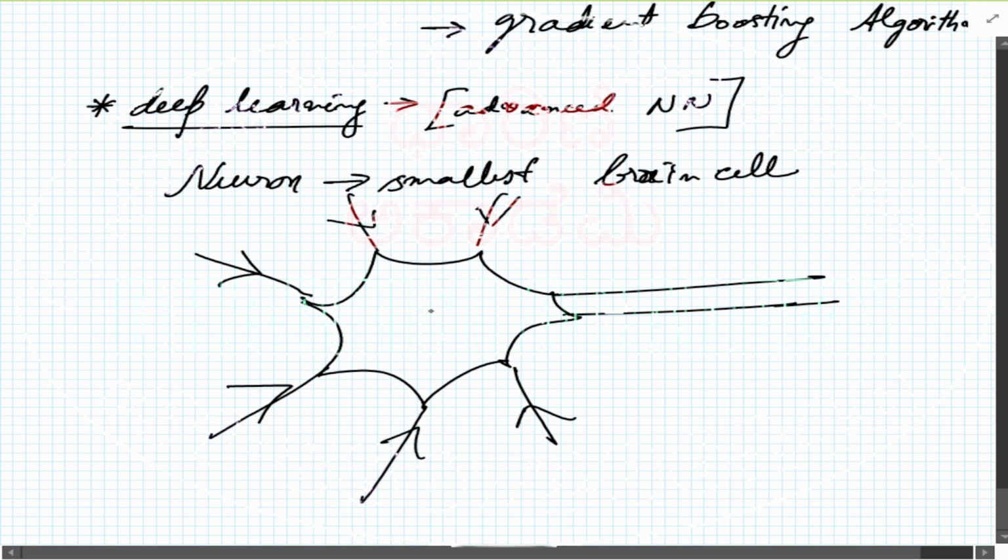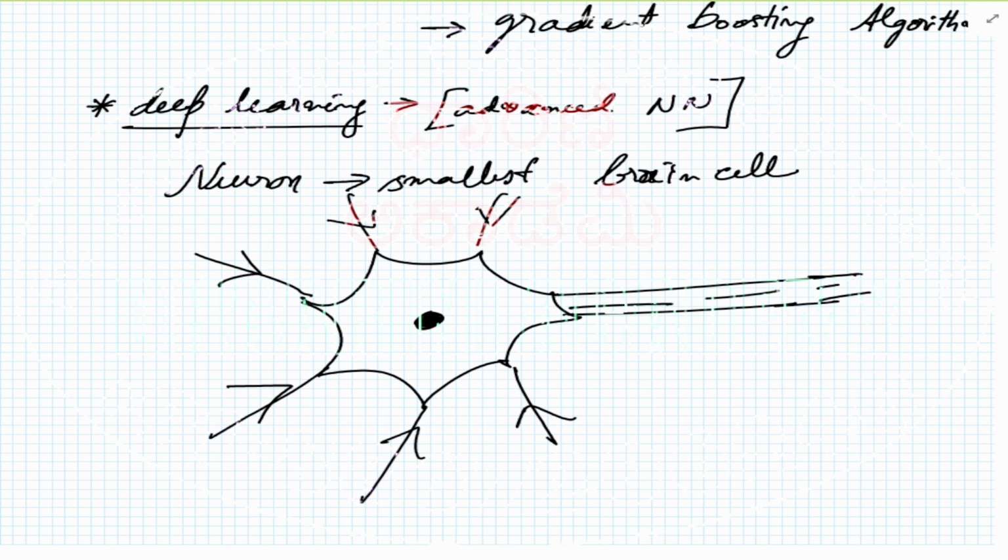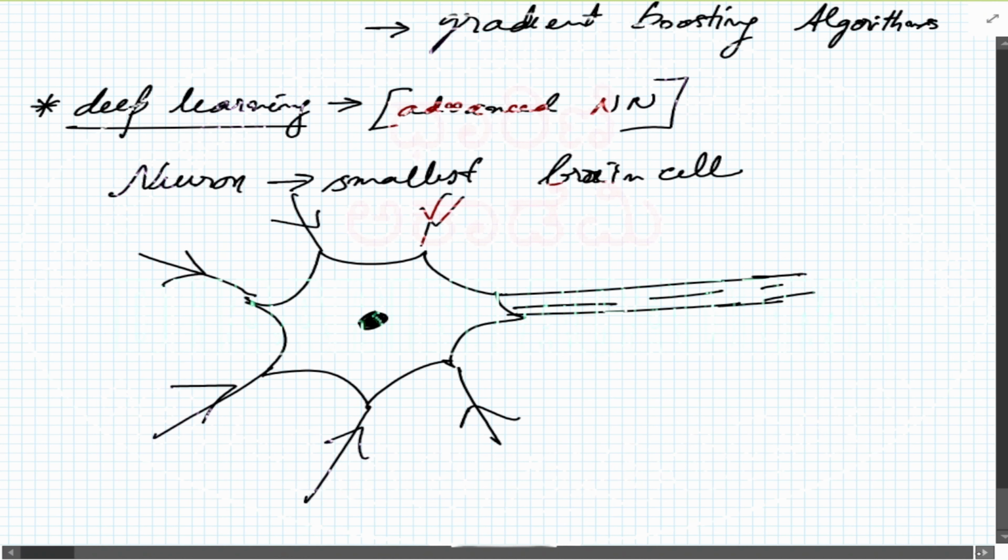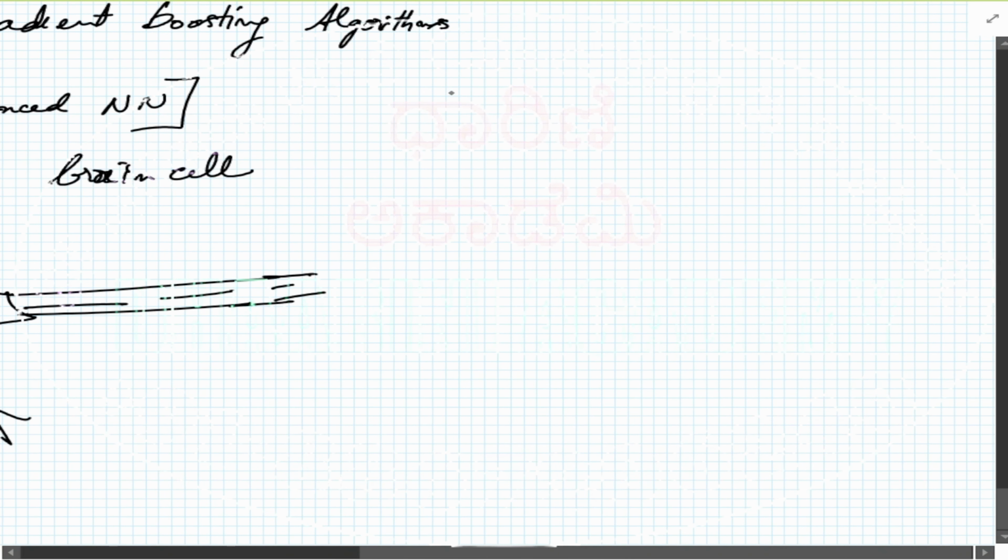Now there is a cell structure like this at the center, which is the central part of the neuron. The neuron will process the data that is coming from all the previous neurons, and it will pass it to the next neuron. So this is the neural part. Now you can have another neuron somewhere, maybe to the right. You can have another neuron over here, just like here, and another neuron over here.